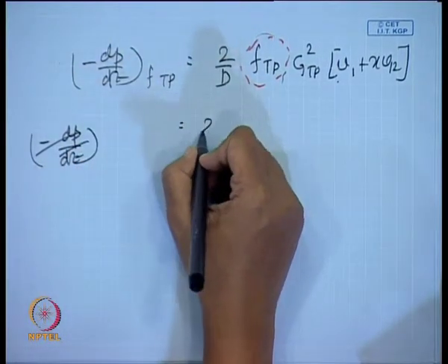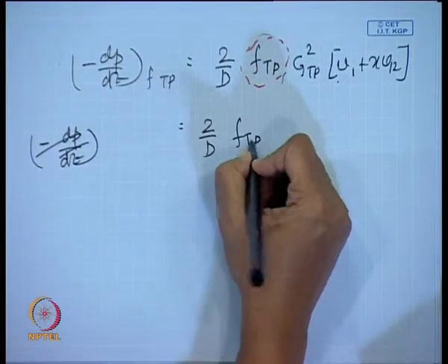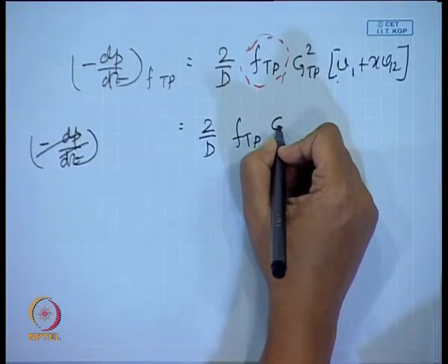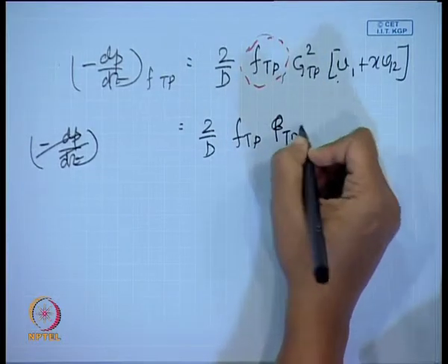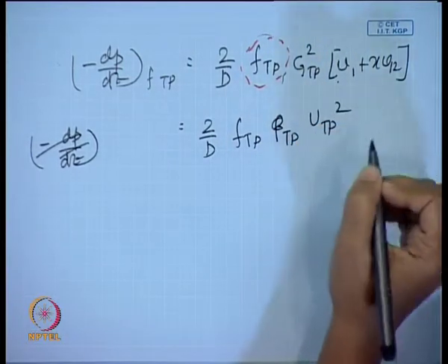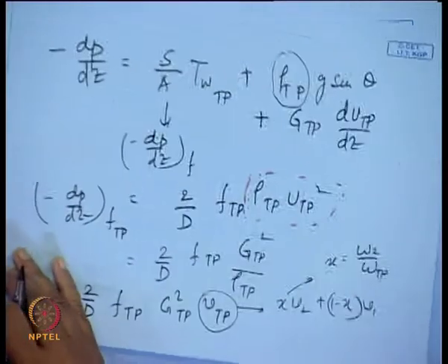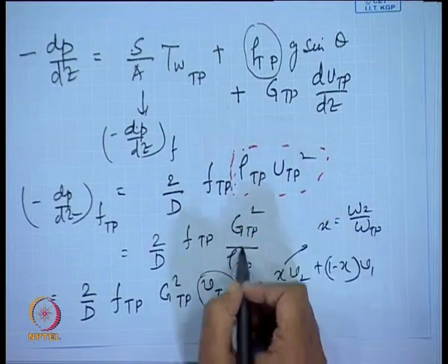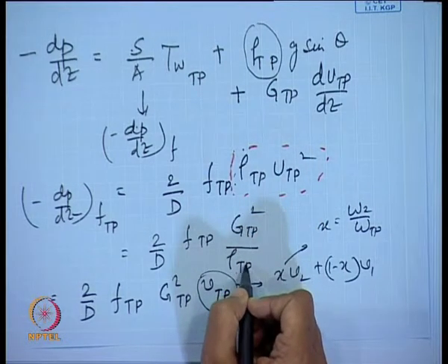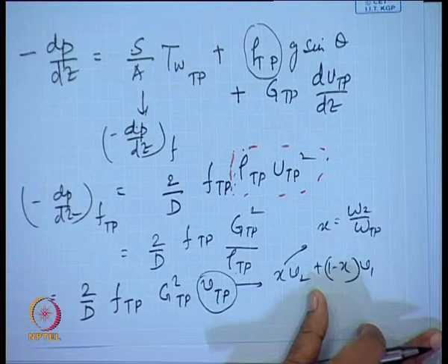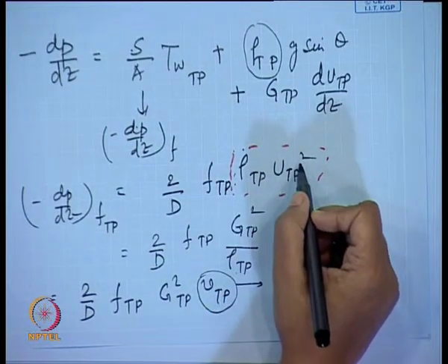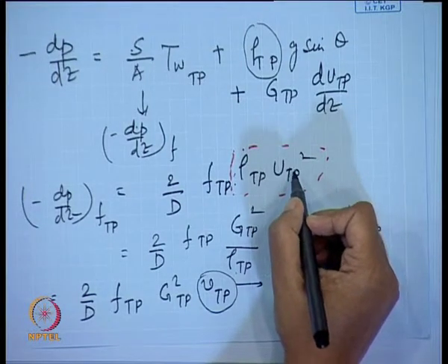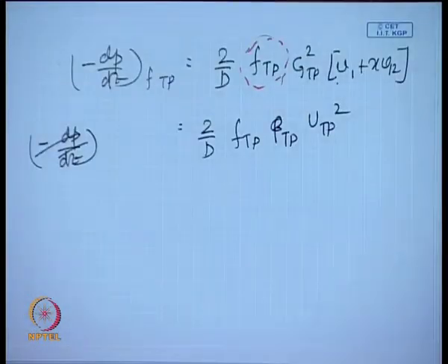Before I do this, I had started it with, sorry, rho TP UTP square. Okay, the basic, if you see from where I had started it. So, this then I had substituted in terms of G square by rho. Instead of that, we can also write this term as rho TP into UTP equal to G. So, we can write it down as